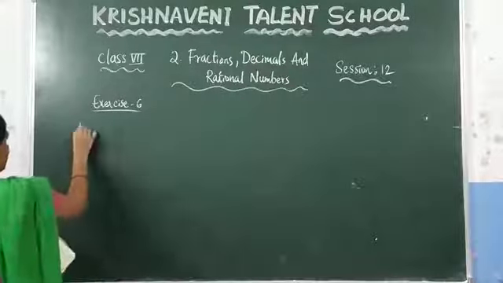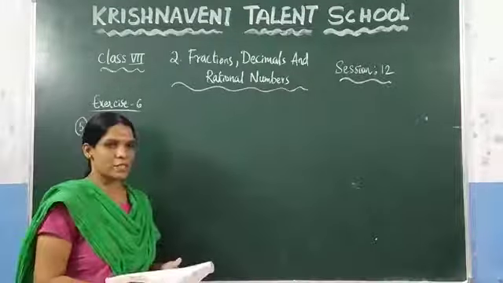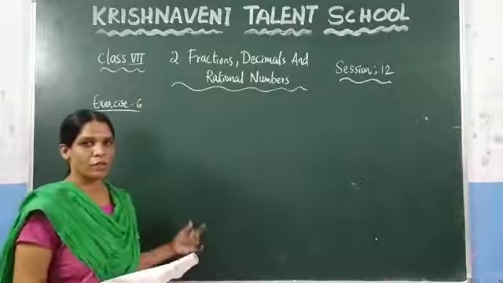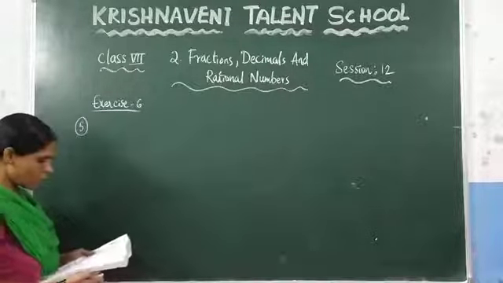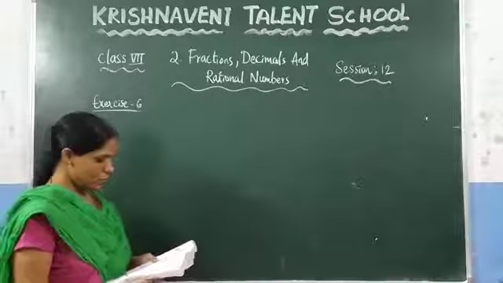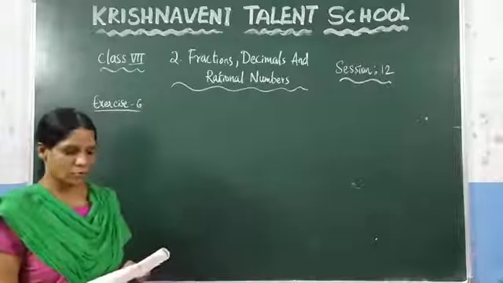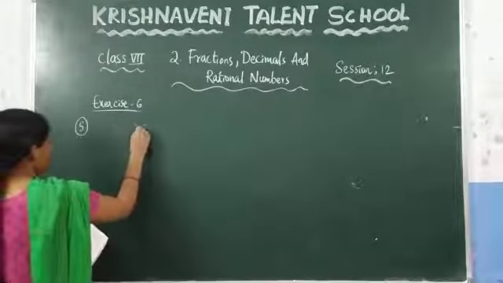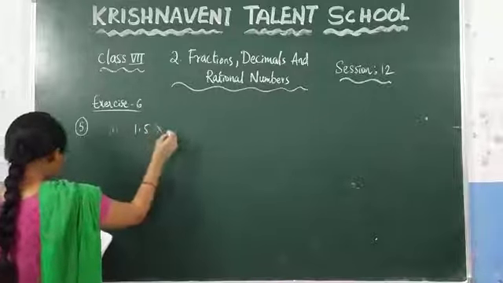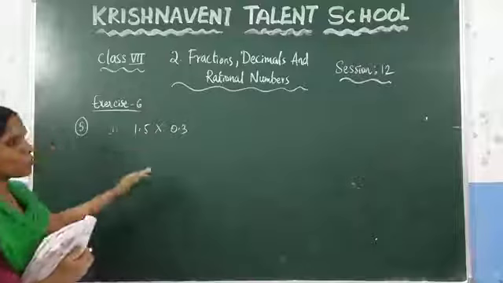Which is the fifth question here. They have given the product of two decimal numbers. How do you solve if you are given two decimal numbers? We already discussed. Let us see a few problems. In this question, 10 questions are given. I will solve some of the questions. The remaining problems you can do as homework. Now see the first question. What is the question given here? 1.5 into 0.3. You need to make the product of these two decimal numbers.